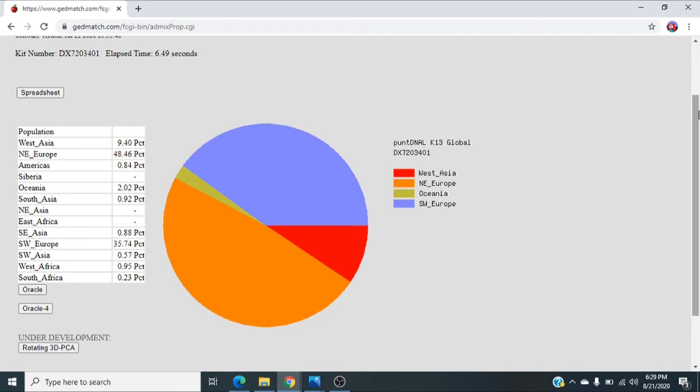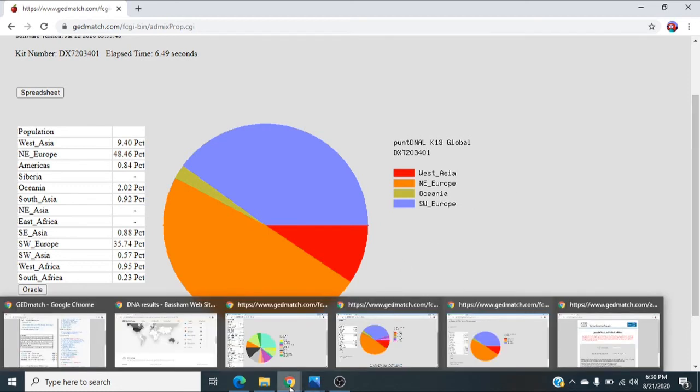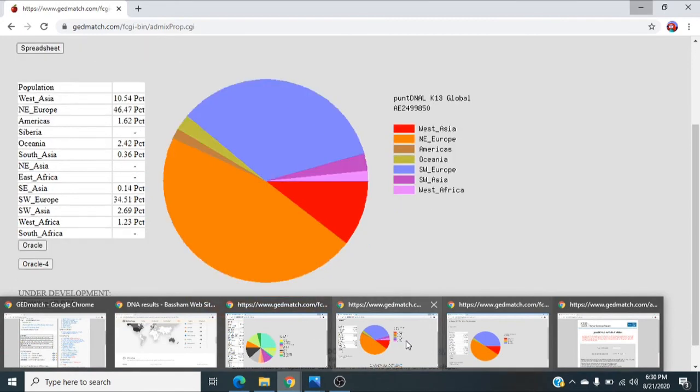35.74% Southwest Europe, okay? 0.57% Southwest Asian, 0.95% West African, and 0.23% South African. And of course, the West African, I believe it to be like the West Middle African, which is Congolese, if I'm correct. That shows up in my 23andMe report, so I definitely know that I have that. So this stuff is not just static, okay? All right, so